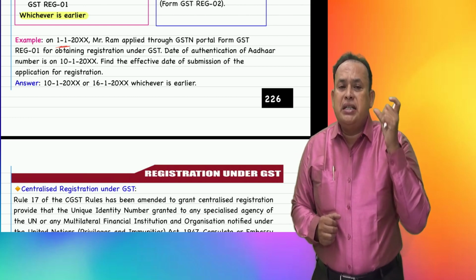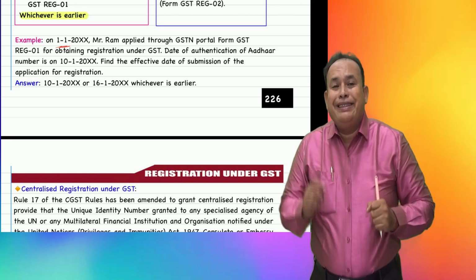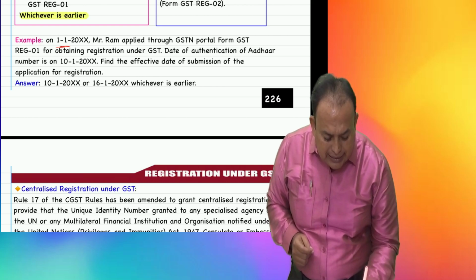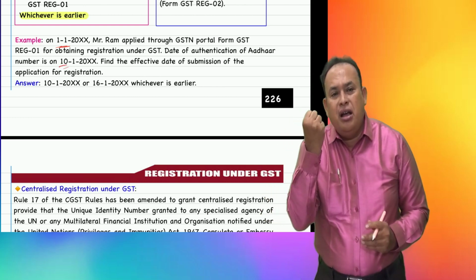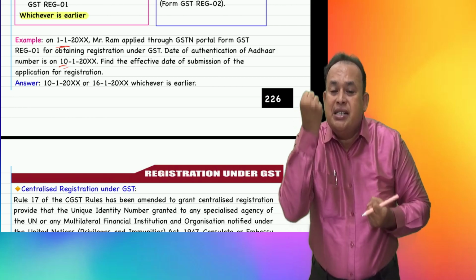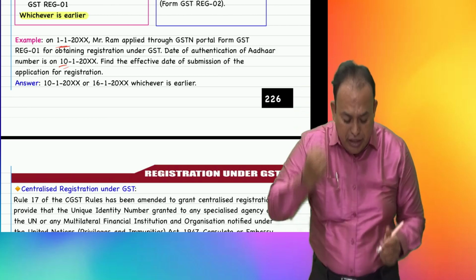So 16th January, or the date of authentication of the Aadhaar. When the Aadhaar authenticated, 10th January. So 10th January or 16th January, whichever is earlier. Which is earlier? 10th January. Therefore,